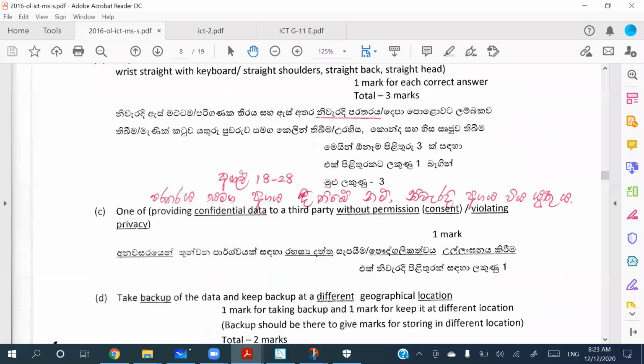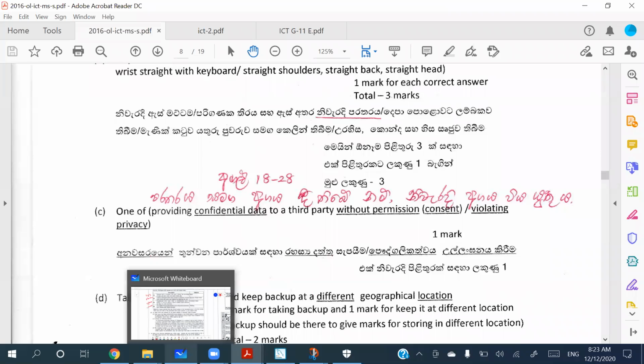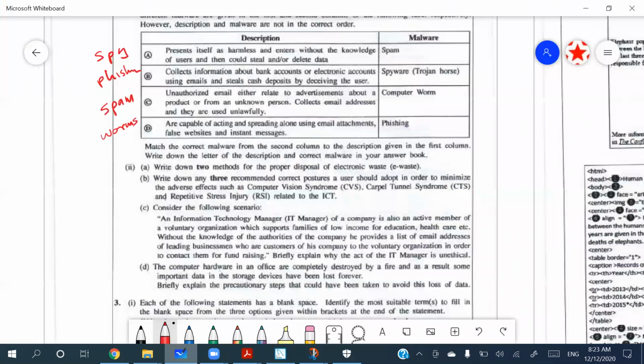All right, so in the third part, it's asking about, yeah, they have given some scenario, right? And it says an information technology manager, an IT manager is giving away these details as if he is doing it on goodwill. Yeah, හොඳ අරමුණක් තියාගෙන මේක කරන්නේ, right? An IT manager is having some portfolio, some details about